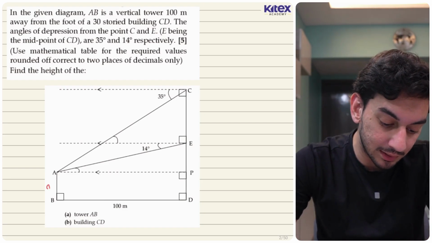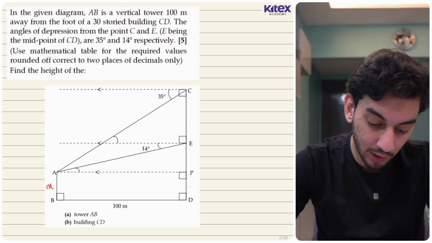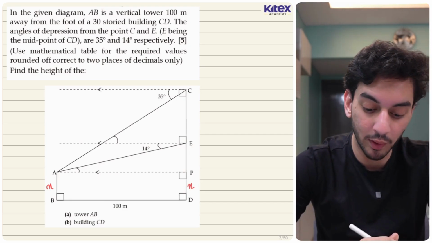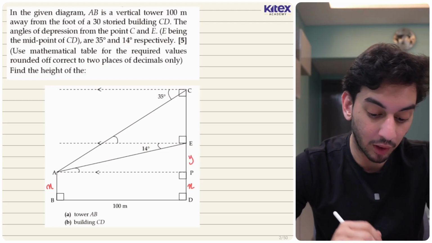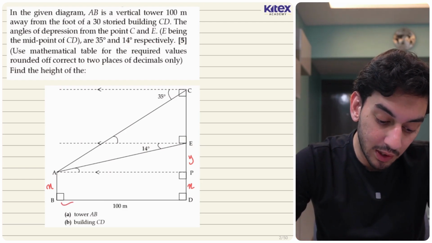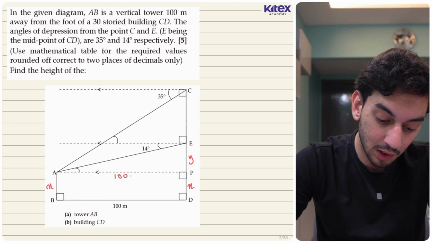So let's say AB is X. So if AB is X, then PD, which is exactly opposite to AB, will also be equal to X. Now, can I name this EP as Y? Absolutely. This thing is Y. Okay, fair enough. Another thing, if BD over here, this distance is 100, then definitely AP would also be 100